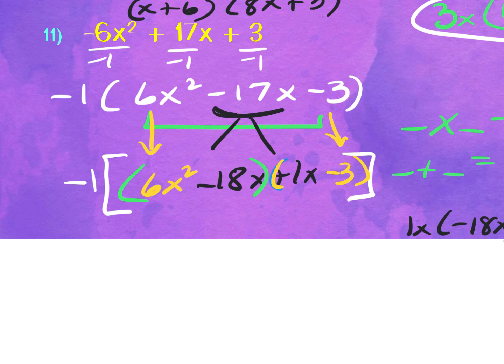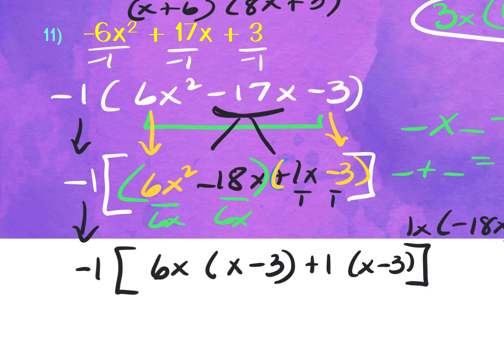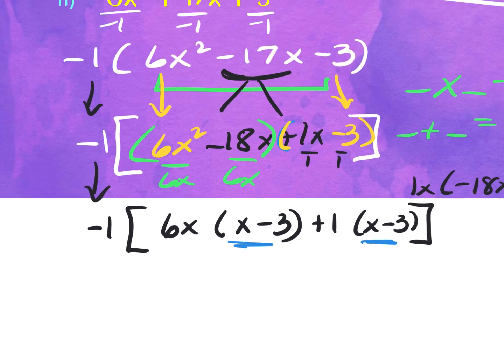Okay, so my green group, my GCF is going to be 6x. We're going to write the -1 down there. Keep bringing that GCF down. So the GCF is now 6x after you divide, x minus 3. My GCF of the yellow, notice the only GCF here is a 1. You have to write that GCF of 1. So put +1, then divide. And notice you've got the match. So you'll write that down